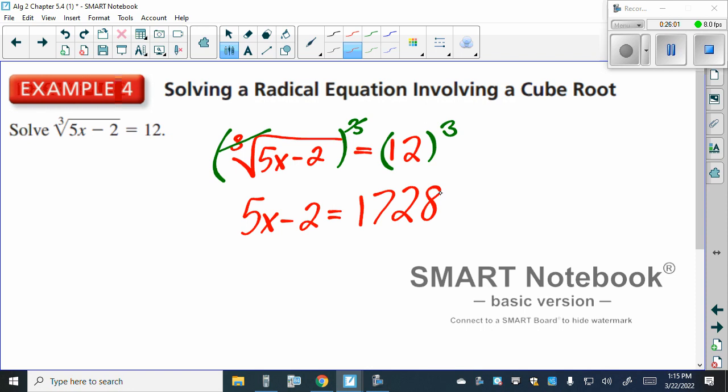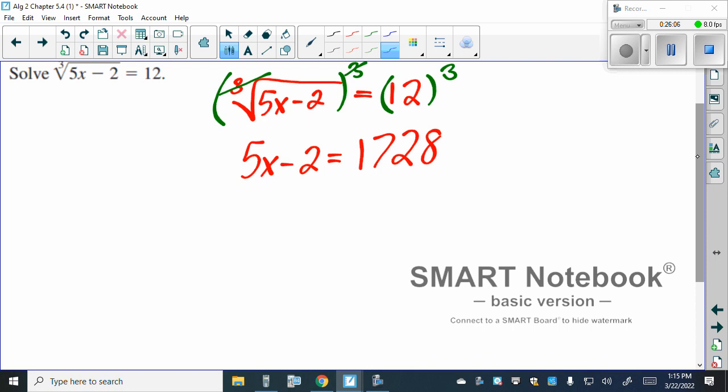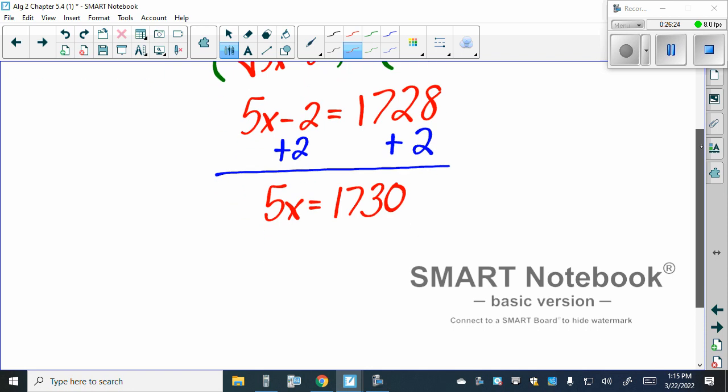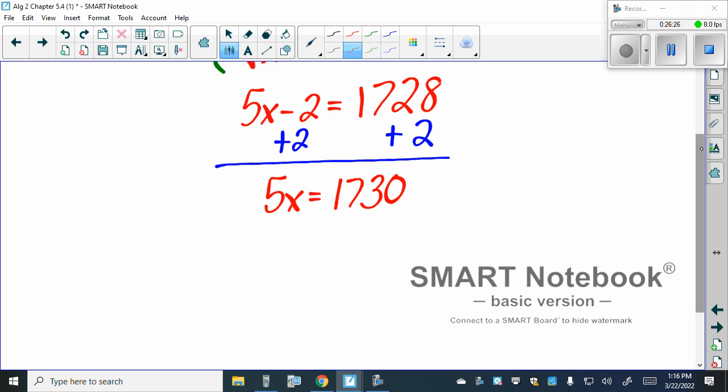Guys, we don't have to do much more of this. Now we just need to solve. Well, at this point here, we would add 2 to both sides. And if we add 2 to both sides, we'd get that 5x is equal to 1,730. And last but not least, we would divide both sides by 5,